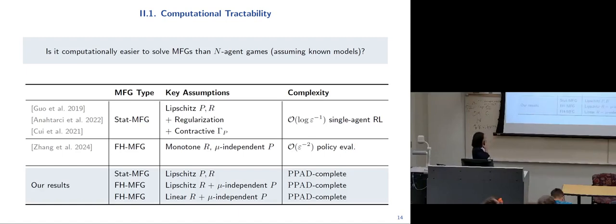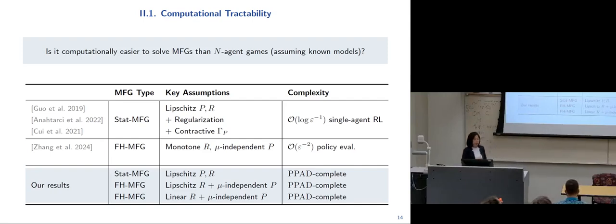In fact, this has been studied in several existing literature, and much of this literature needs to impose some structural assumptions. So for example, in the stationary mean field games, if we assume the underlying population evolution operator is contractive, then we can show that solving these mean field games reduces to solving logarithmic 1 over epsilon number of single agent RL. And in the finite horizon setting, if the reward is monotone and the dynamics P has no dependence on the population, then this also can be efficiently solved by reducing to 1 over epsilon squared number of policy